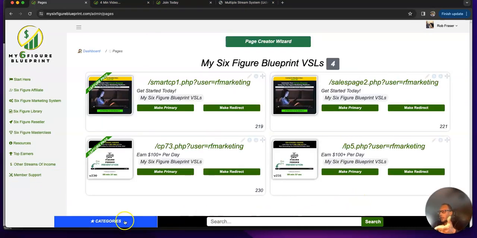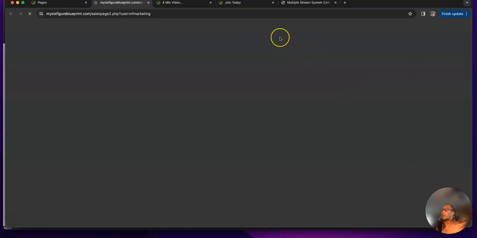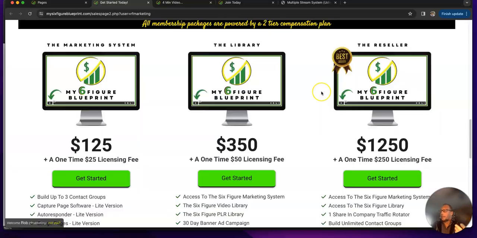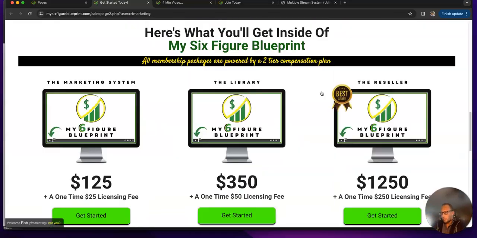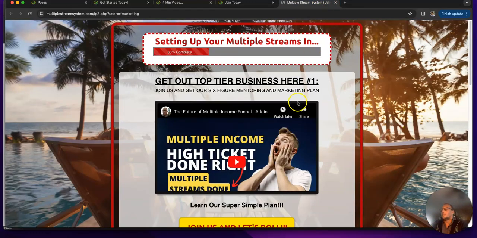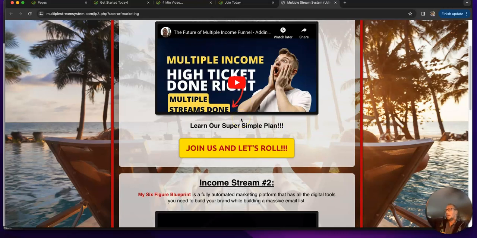Just click on categories and go over here, click on my Six Figure Blueprint. And this page right here is the page you want to email. So what I do is once a day, I'll get back in there, and one day I'll email this page. I just email this page Monday, Wednesday, Friday. I make up a schedule. The second day, after you add on the multiple income funnel, you email this page. And then you just go back and forth, 1, 2, 1, 2, alternating which pages you send your email list. And then as you join the 2 other opportunities I have within the multiple income funnel,